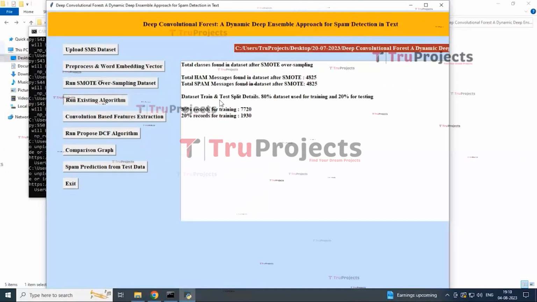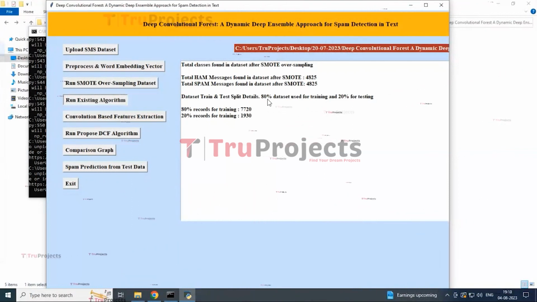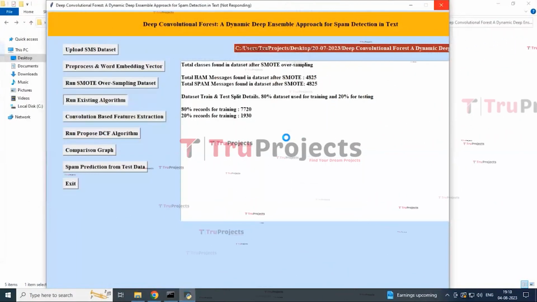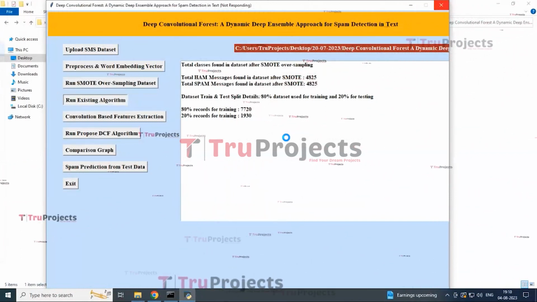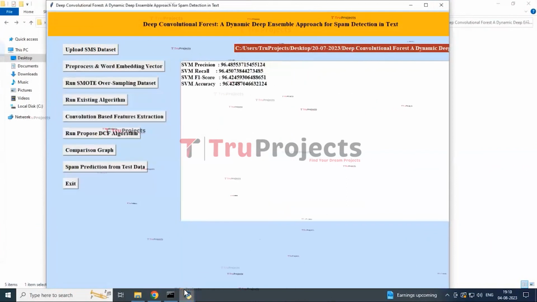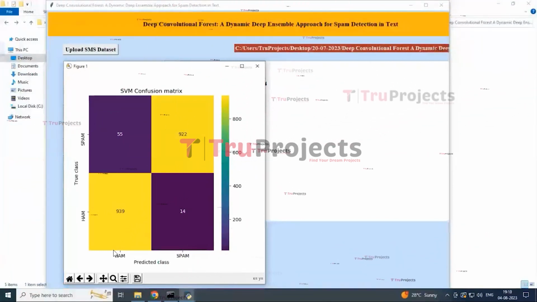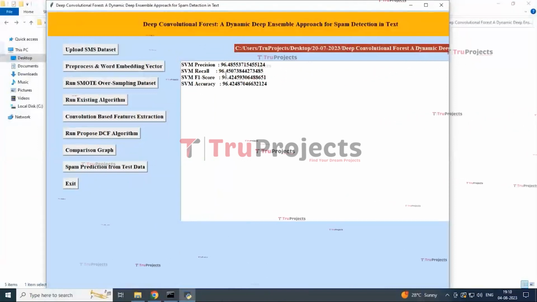In this existing algorithm, we have support vector machine. This support vector machine, by using the hyperplane, trains the dataset and predicts the accuracy. It runs in the background console and predicts the output in the graphical interface with the accuracy. So now you can see here the confusion matrix of support vector machine, which has the predicted classes and also true classes. So now close this file, and in the graphical user interface you can see the accuracy of